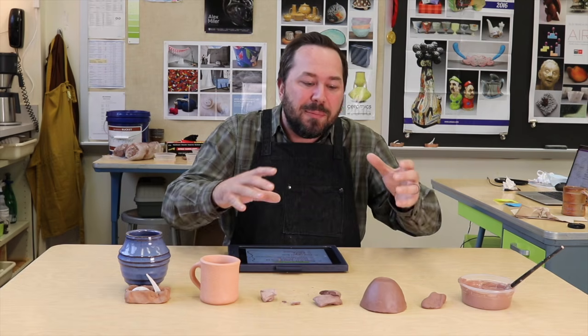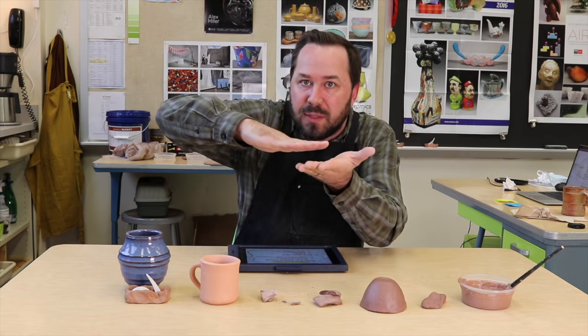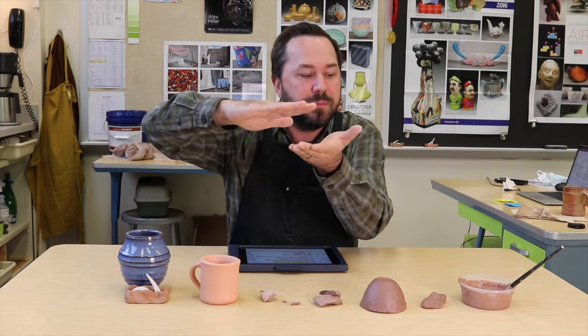But the important connection for us is to think about what's happening. Those clay particles are spread apart with water in between them down here. As the water evaporates, the clay particle...